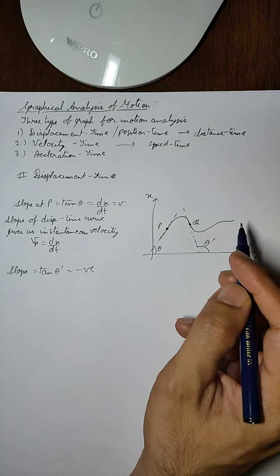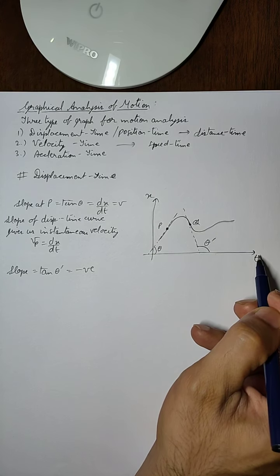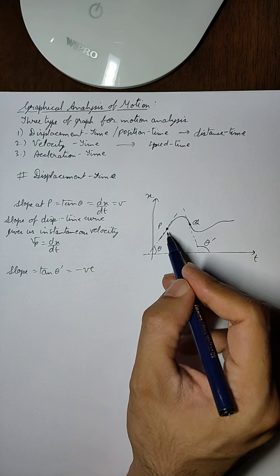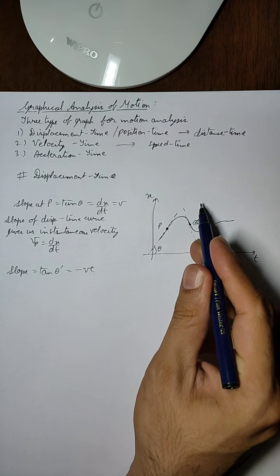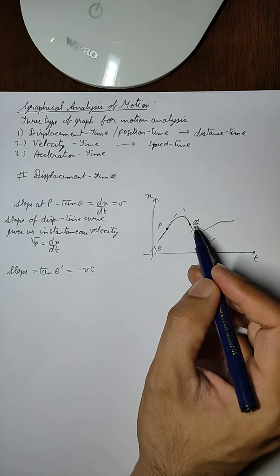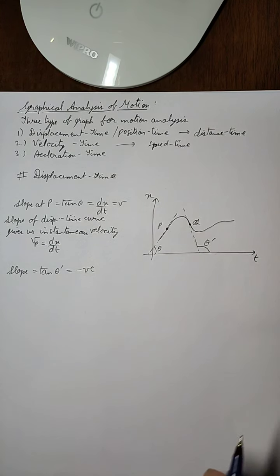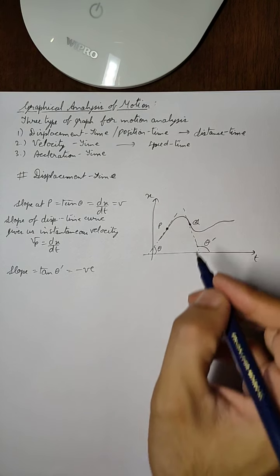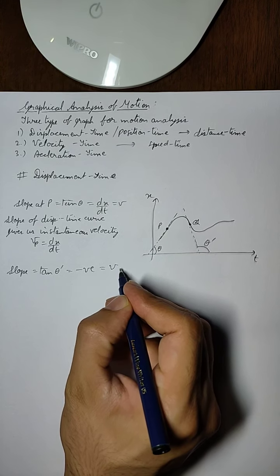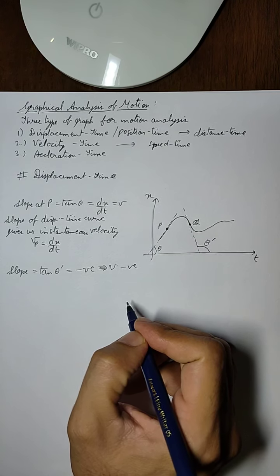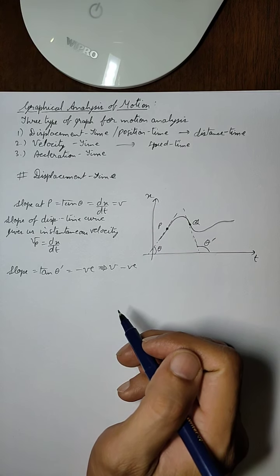Decreasing means it is just having a negative sign. It does not mean that the time has gone in reverse. Time can never go in reverse. Time will keep on continuing in the forward direction, but the motion of the particle can be such that it is starting from origin, going in one direction, then coming back to the origin. That is what we mean by decreasing displacement. So it will be negative, and the velocity has also changed its direction because tan theta dash is negative. This will imply that velocity is also negative. What we mean by negative velocity is that the particle has changed the direction of its velocity.